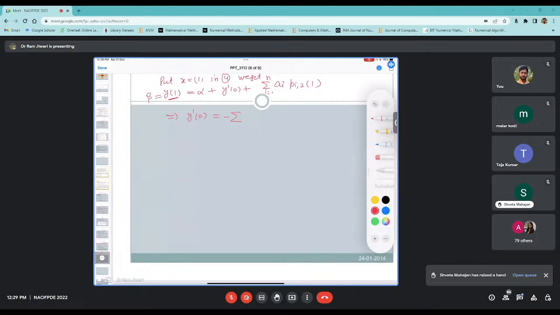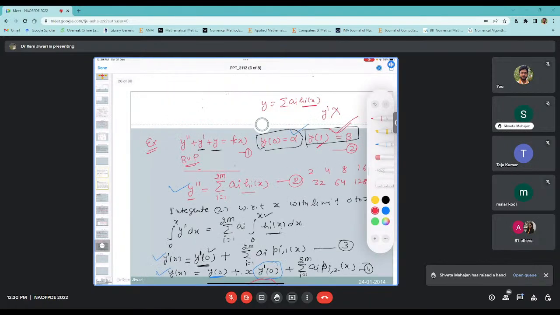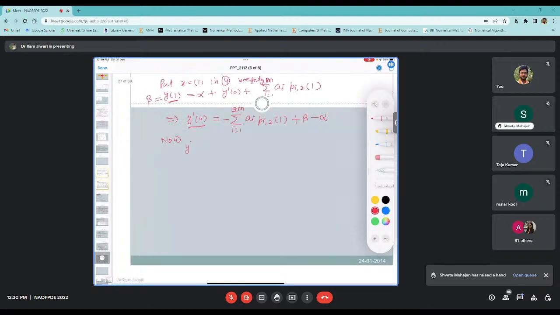So minus summation i running from 1 to 2m, sorry, 2m, ai pi 2 of 1, and plus beta minus alpha. So this becomes y dash. Okay, so now using the value of y dash in equations 4 and 3, because 3 also contains this and 4 contains this. So what do I get? So y dash, now y dash x is equal to